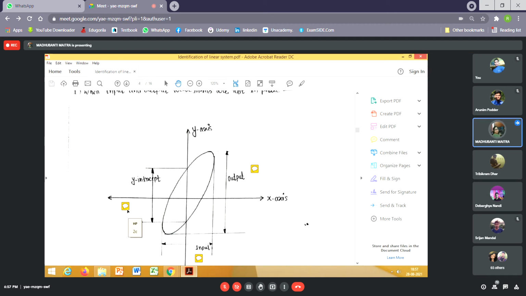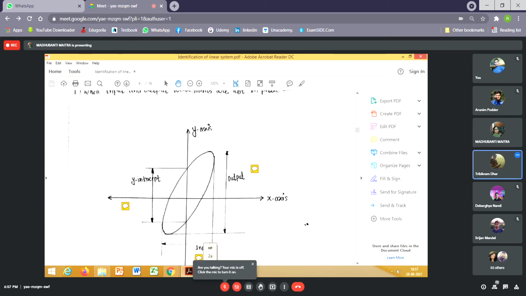Clear, ma'am. So if you go through those lecture materials, then you'll find that the dB gain, or gain, it's quite clear from this. This is the input amplitude, this is the output amplitude. So the gain at that particular frequency will be 2B by 2A. And the dB gain will be 20 log 2B by 2A. Clear?